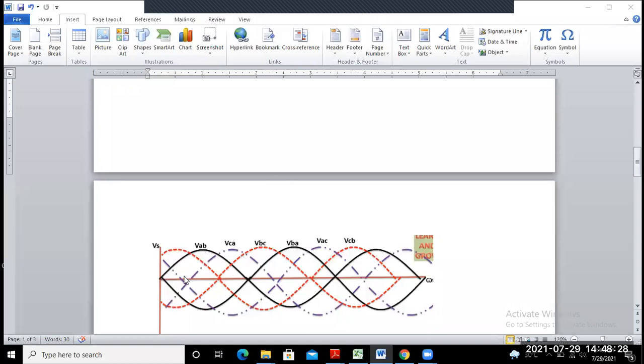And similarly, this is your representation of VCA. This dotted line will represent the voltage of VCA. Just complete this one up to this point. And opposite to that one is VAC. So this one represents your VAC. So if you draw all the line voltages,